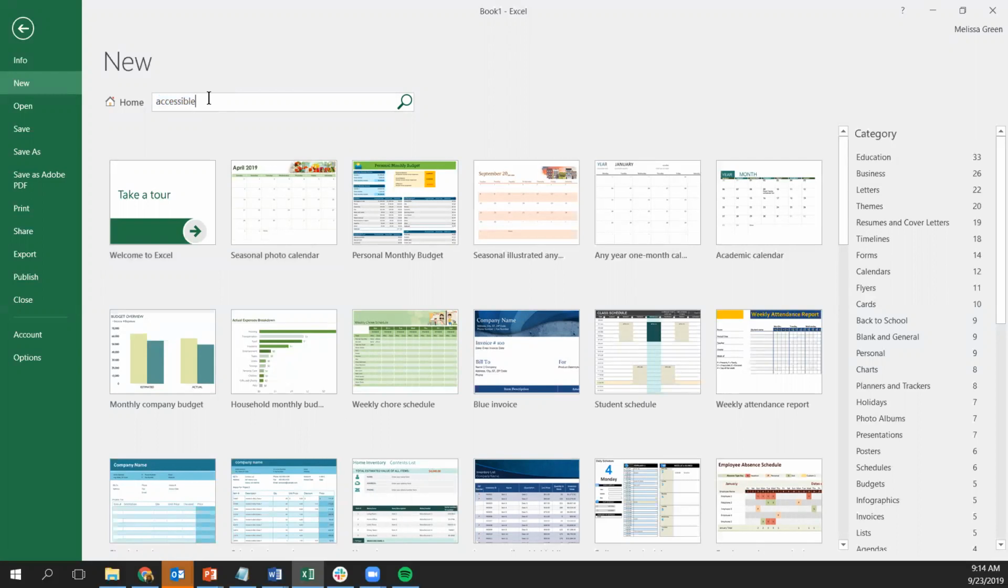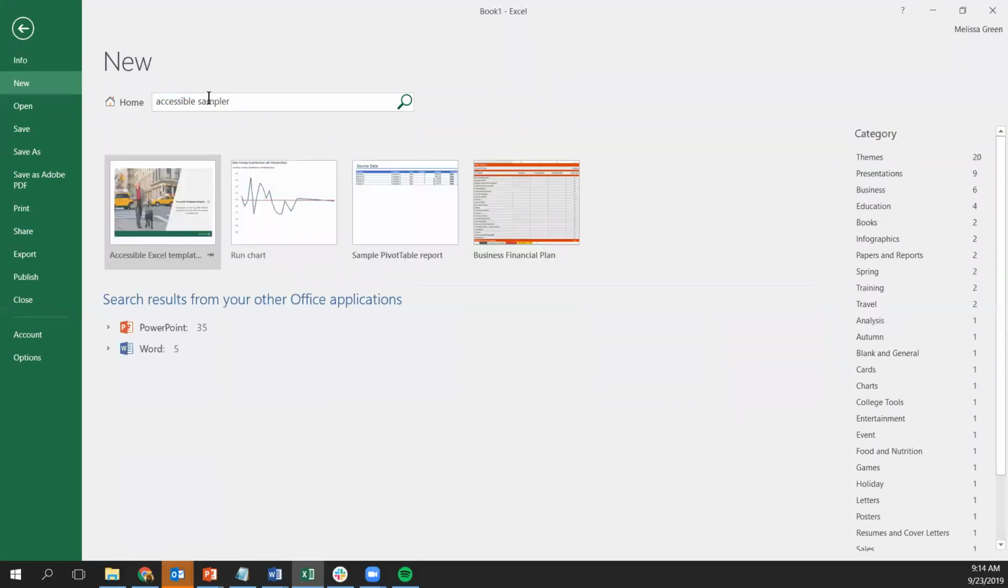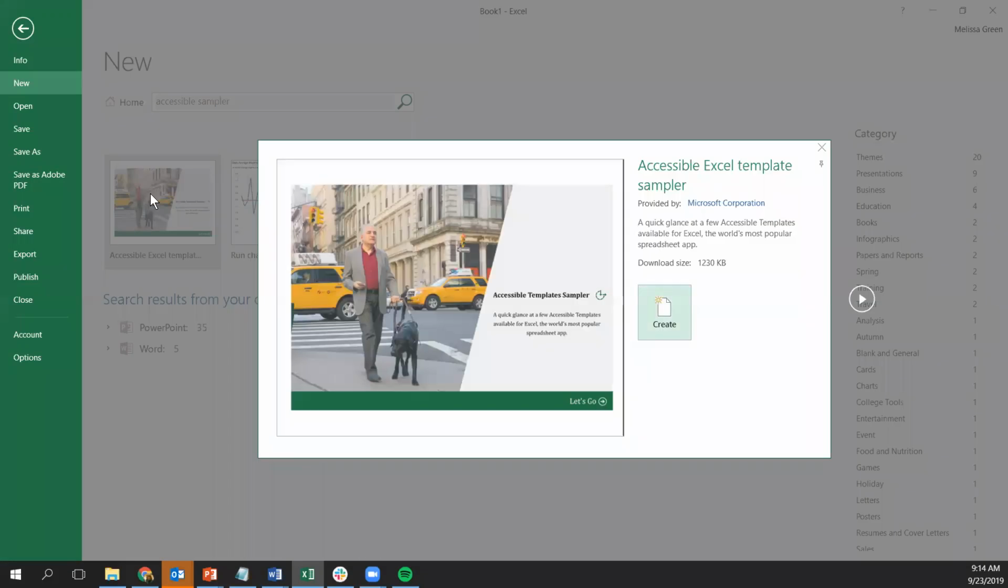So what I have pinned is something called the Accessible Template Sampler. I'm searching for Accessible Sampler now, and it's the first result, Accessible Excel Template Sampler. I'm going to pin that so it will always be available to me when I go to create a new Excel spreadsheet. I'm going to click on it once just to give you a preview of what these samplers are like. The samplers bring together a collection of accessible templates available for the application that you're in. So in this case, Excel. If I select Create,